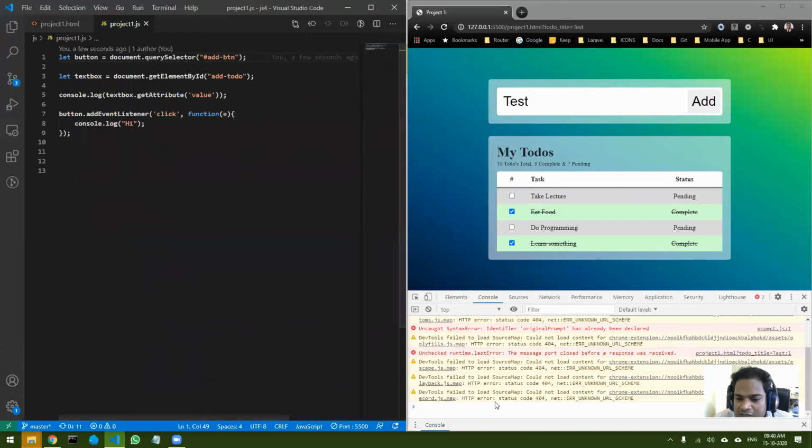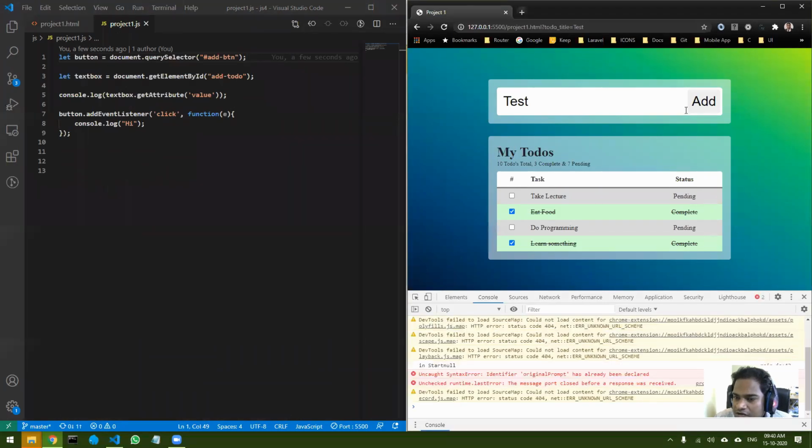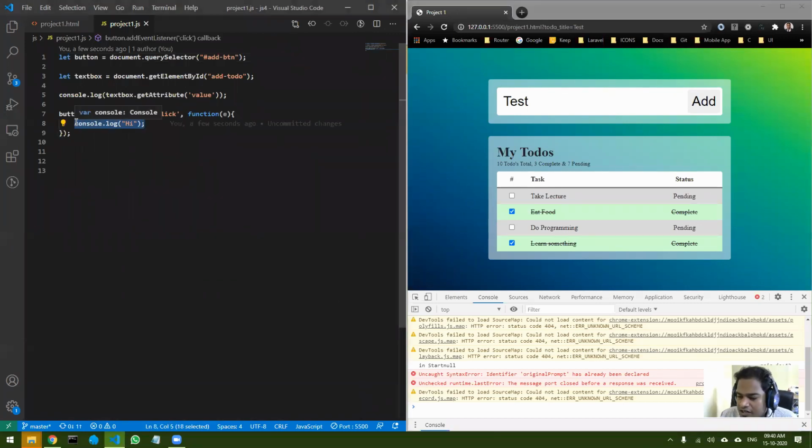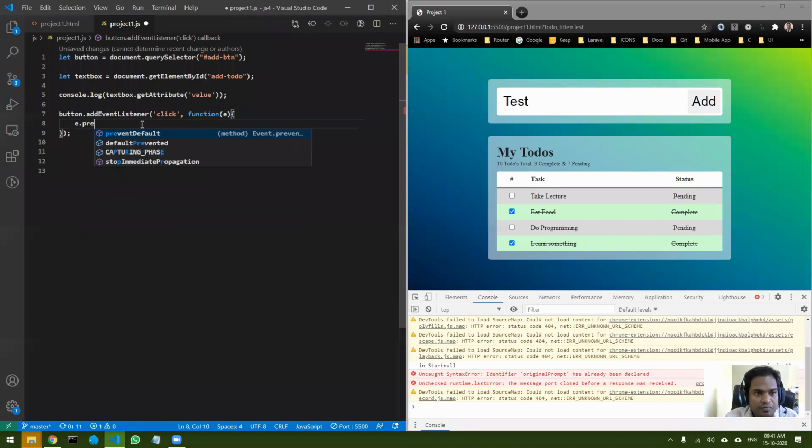Obviously you can see what is happening is, when I click on this particular button, the form gets reloaded. That is because that is the default behavior of a form, that whenever you click a button, it should submit the form. So what you have to do is stop the event. If you stop the event, then this will not happen, right? So how to stop the event? You have the event in the variable e. So all you have to do is e dot prevent default.